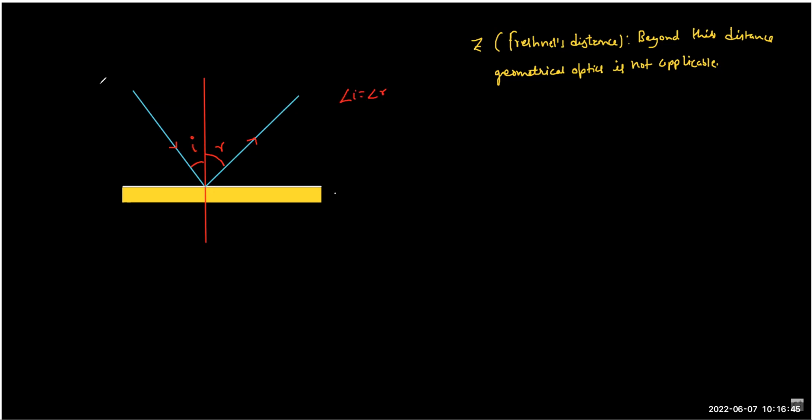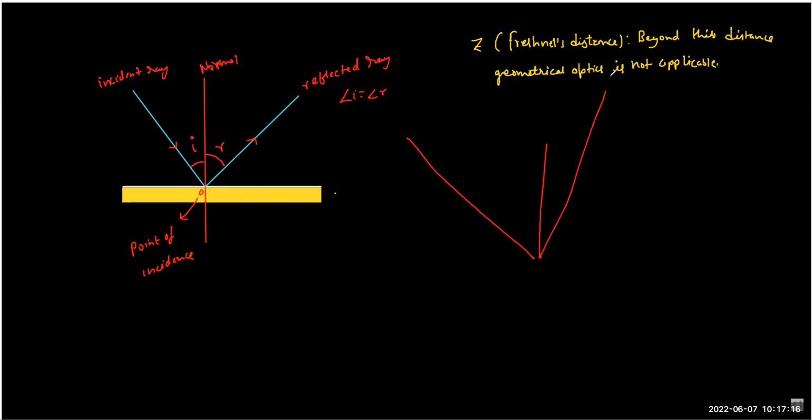And what is the first law? I hope you know this from class 10. The incident ray, the reflected ray, and the mirror are in the same plane, and the normal drawn at the point of incidence. This is called the normal, drawn at the point of incidence. This is called the point of incidence. All three lie in the same plane. It is not possible that it will come in like this and go in some other plane, like somewhere here, making the same angle. So you can't change the plane. The plane must be the same. That's the first rule.